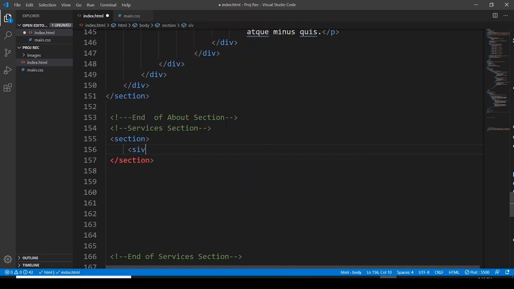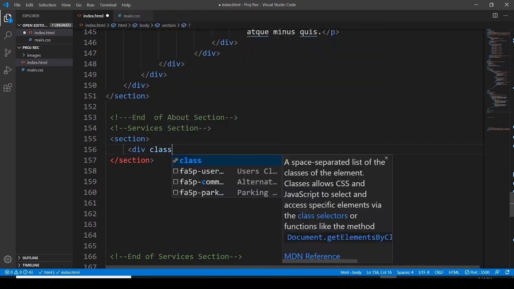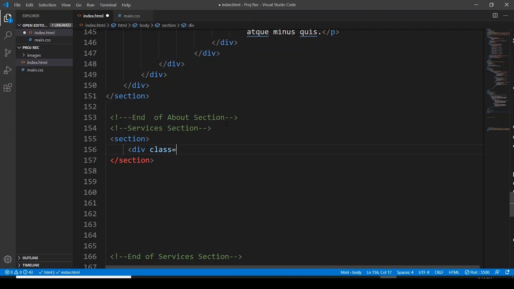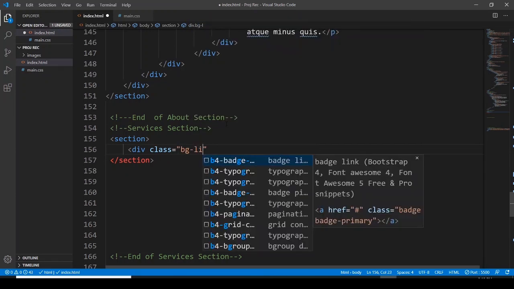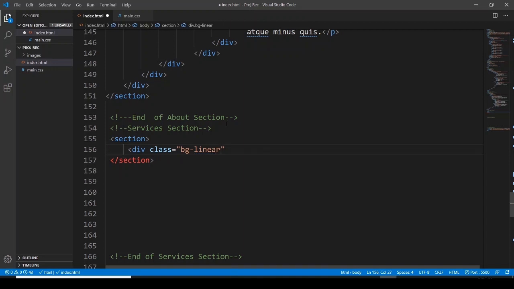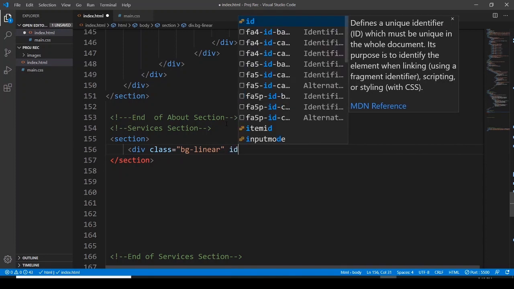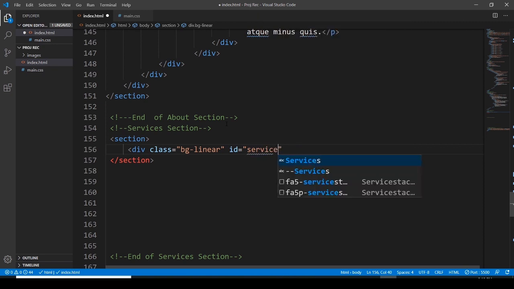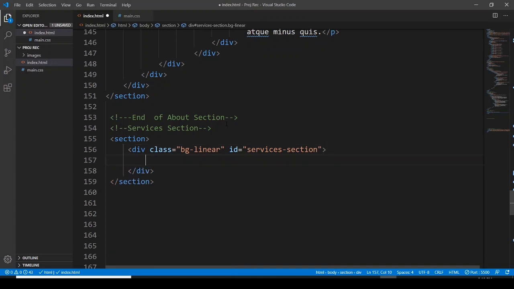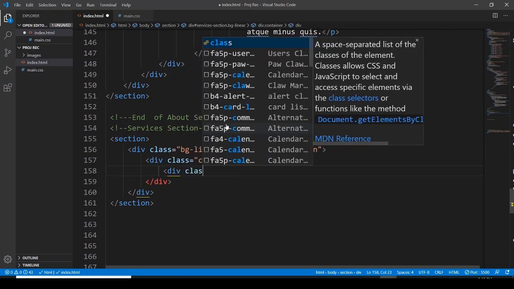Within this, let's go with a division, assigning it a class of bg-linear. I'm going to use it in CSS for the linear gradient. So that's why I just named it bg, background linear. And here the ID is going to be services-section. Then I want to go with another division, assign it a class of container. Another division, assigning it a class of